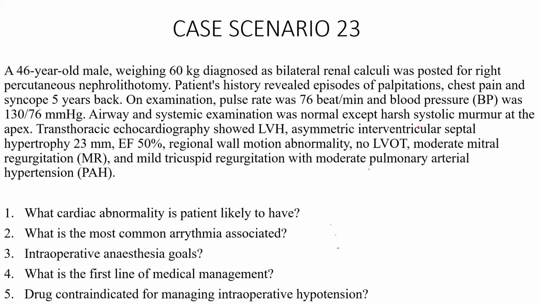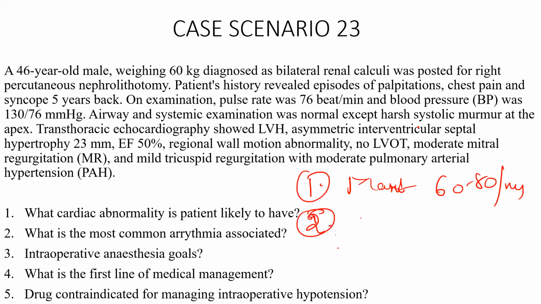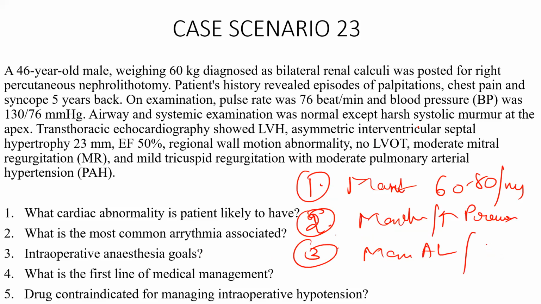Heart rate control, sir. Okay, maintain the heart rate between 60 to 80 per minute. One. Maintain preload and afterload. Afterload should not be reduced, sir; it should be maintained. Maintain the preload, or you can have an increased preload, but never decrease the preload. Third thing, maintain the afterload. Never ever decrease afterload. Then the last one, contractility. Don't increase the contractility or decrease the contractility. So these are the 4 important anesthesia goals which you have to maintain in a patient with hypertrophic obstructive cardiomyopathy.